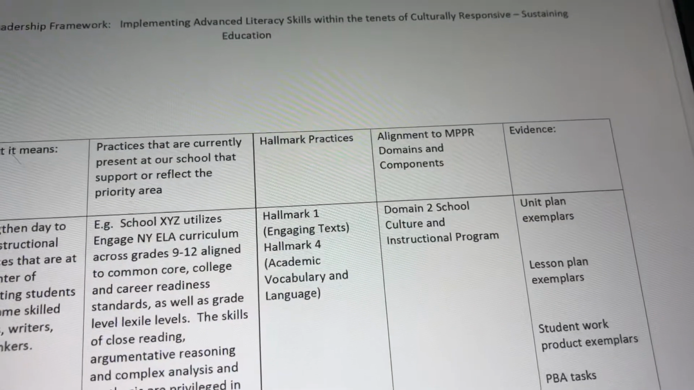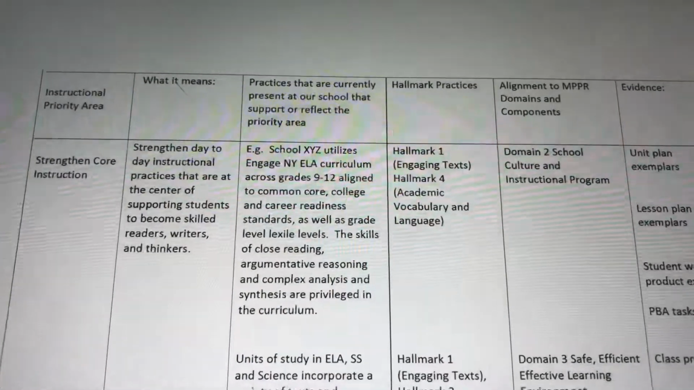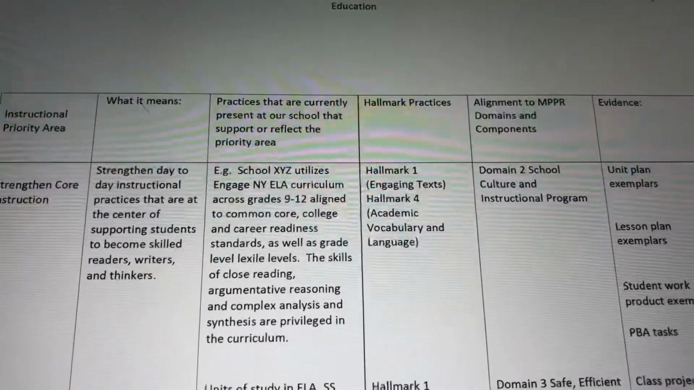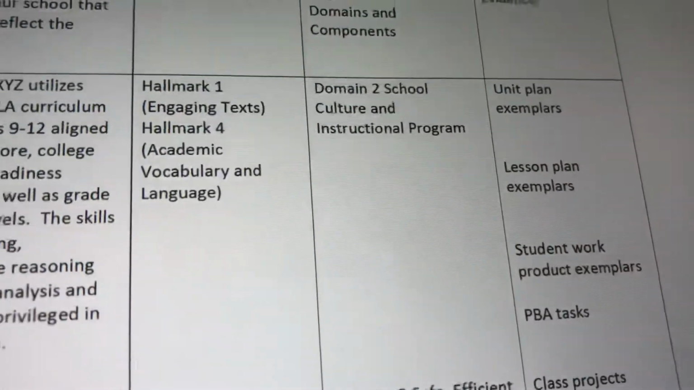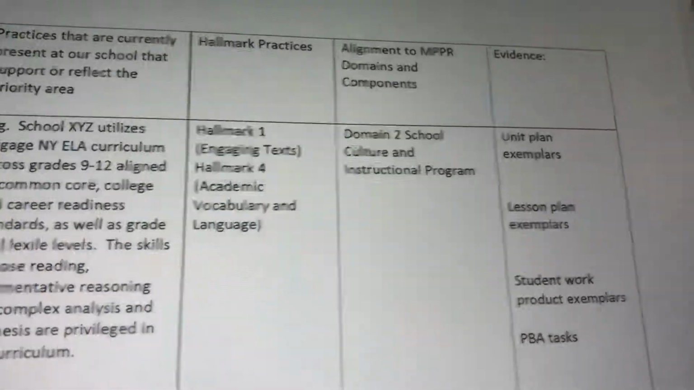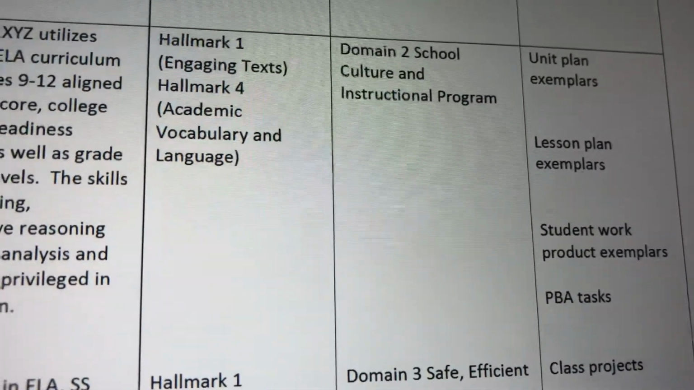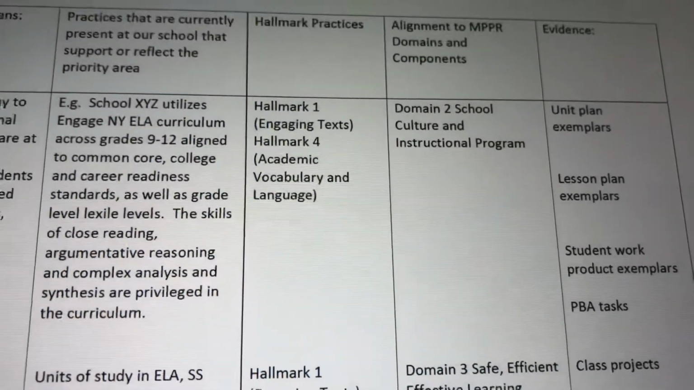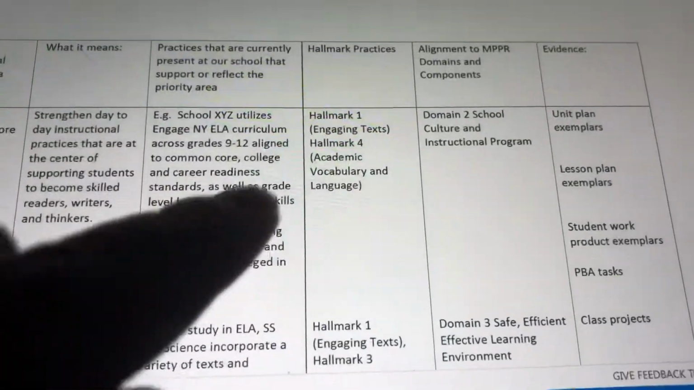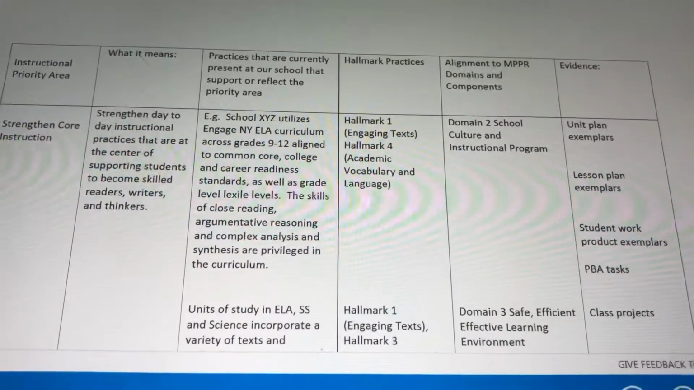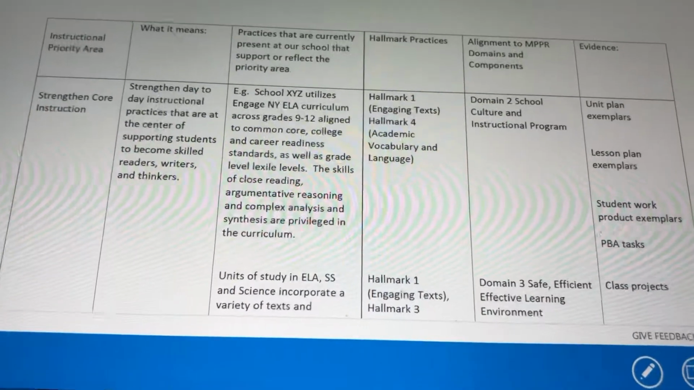And what is some evidence that you can give when you're talking about strengthening your core curriculum, the hallmark practices, school culture? What are the artifacts? Well, you might want to look at your unit plan exemplars, lesson plan exemplars, student work products, performance-based assessment tasks, classroom projects. Those exemplars, those artifacts should showcase students reading engaging texts, students using academic vocabulary and language, students engaging in close reading, argumentative reasoning,